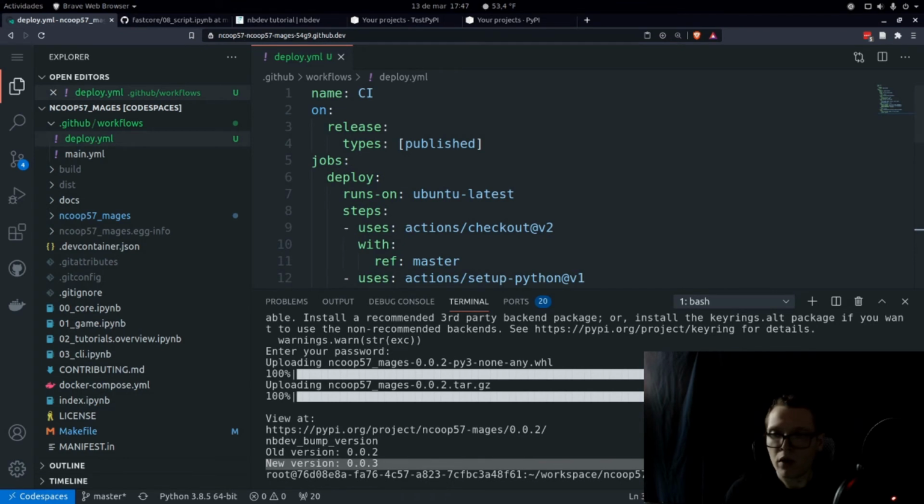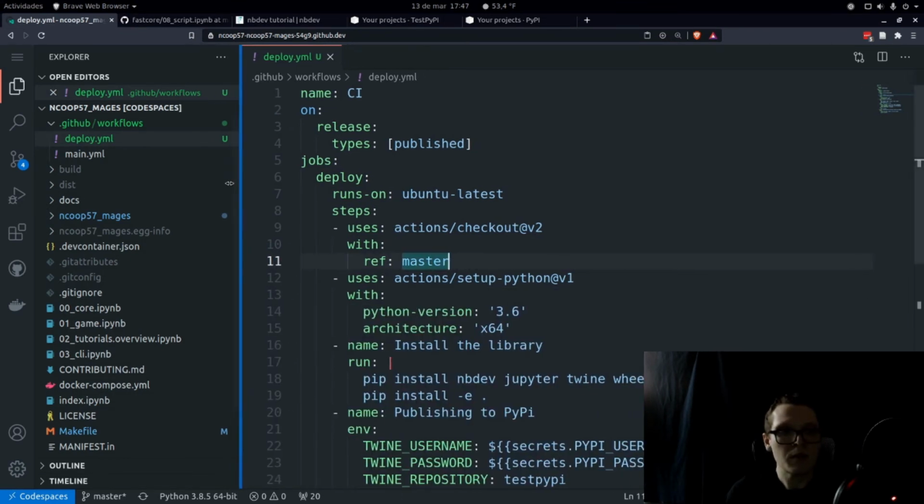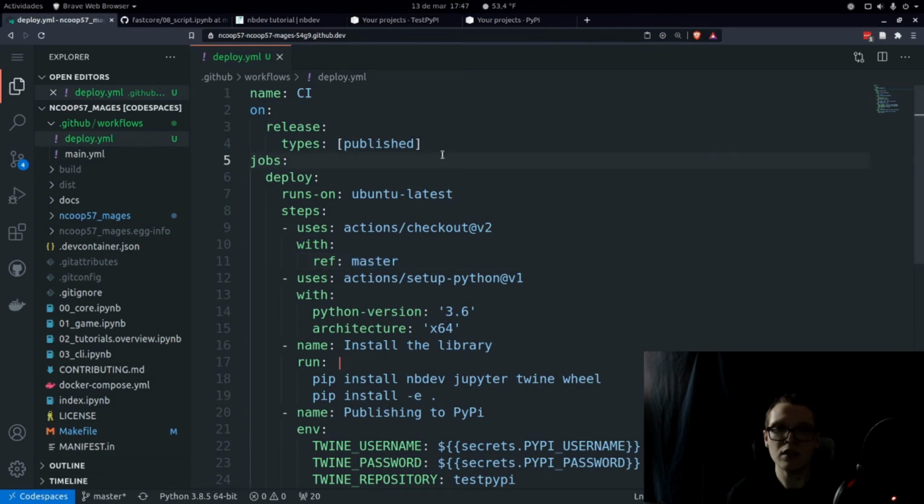And let's walk through this together. So this is going to be how we're going to be deploying. The type of action that we're going to be waiting to run this action is for a release. And so if we